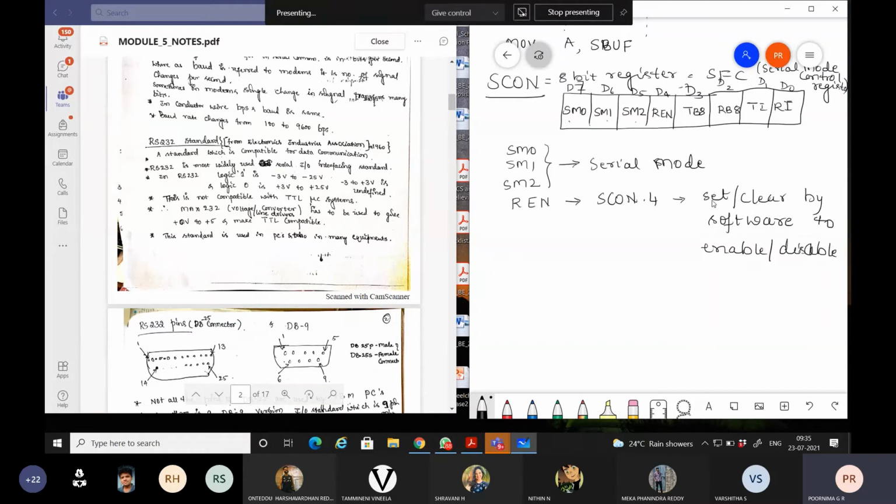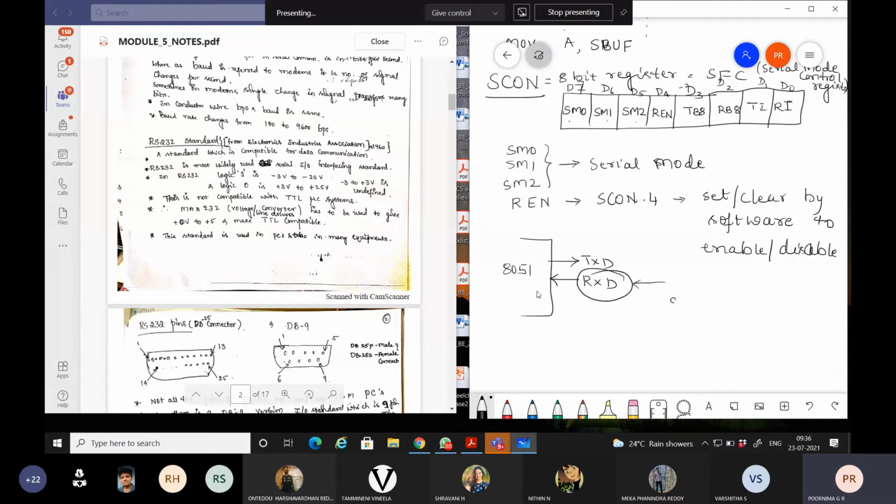In serial communication through the 8051, there is a TXD line and an RXD line. RXD means the 8051 serially receives data, and TXD means it transmits data to the outside world. For reception, the REN bit supports receiving data serially, and through the SCON D4 bit, or SCON.4, serial reception of data is controlled.